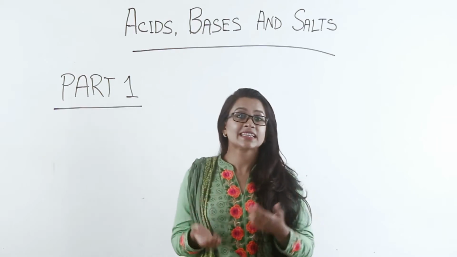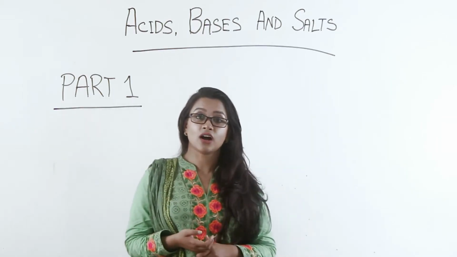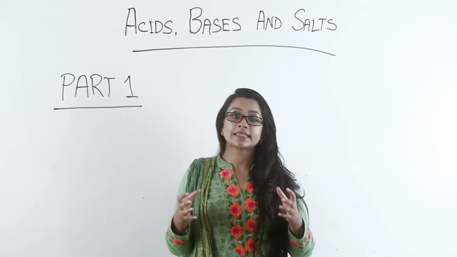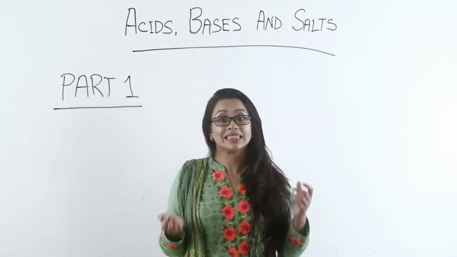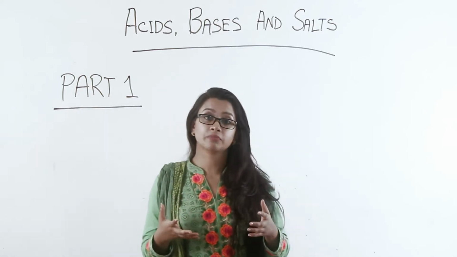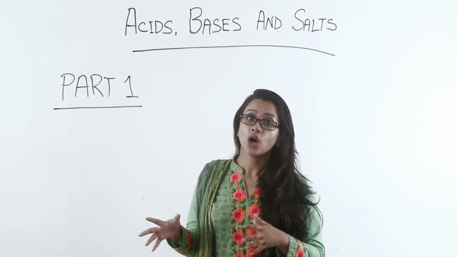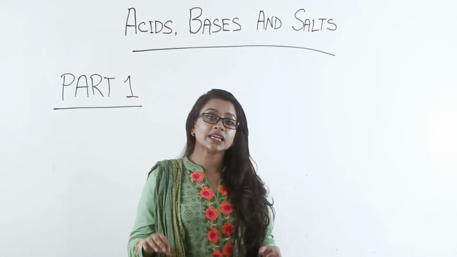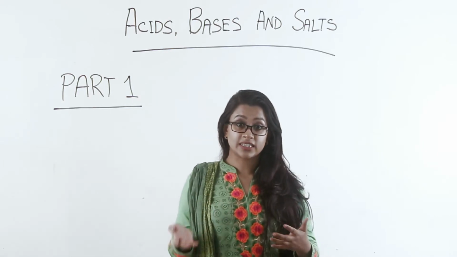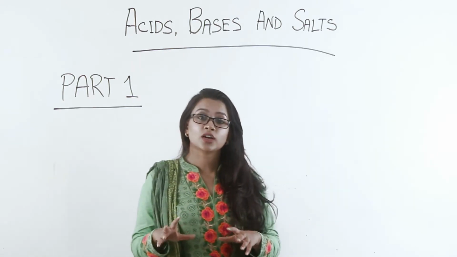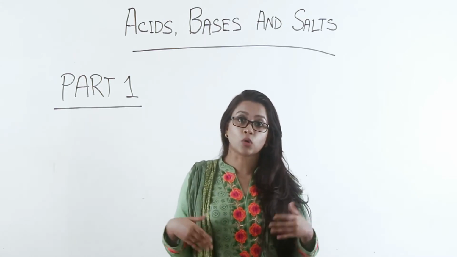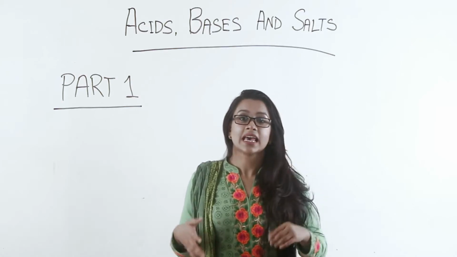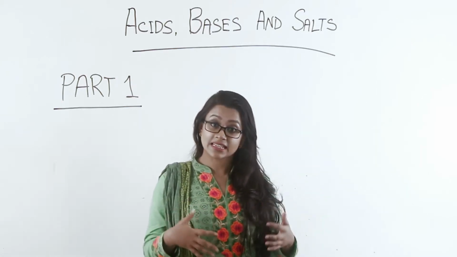These examples that I have given you, lemon, oranges, and vinegar, contain acids as well. But these acids are really weak compared to those found in a car battery or in paint, etc. So basically, those acids that are found naturally, in the food we eat, are known as weak acids or organic acids. And the acids that are manufactured by human beings are known as strong acids.